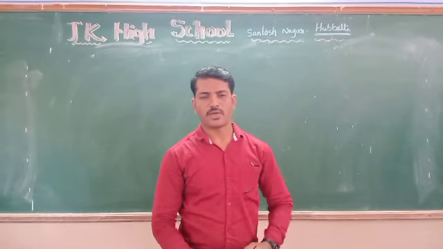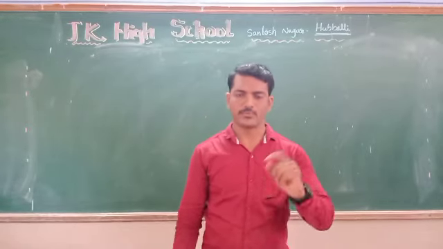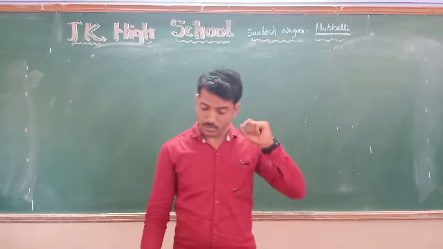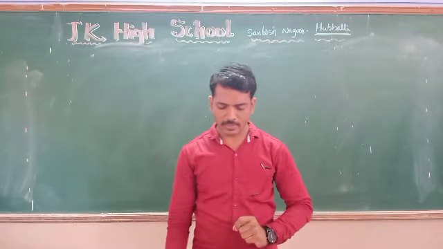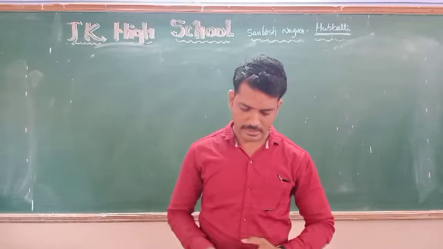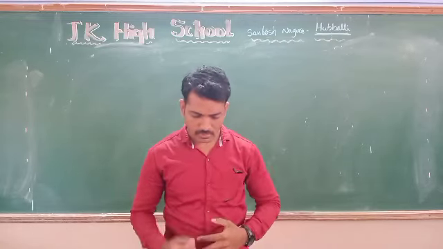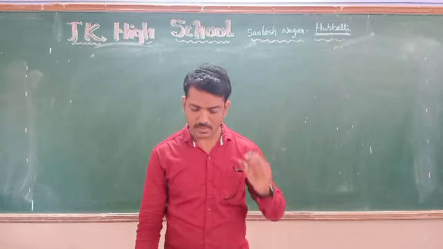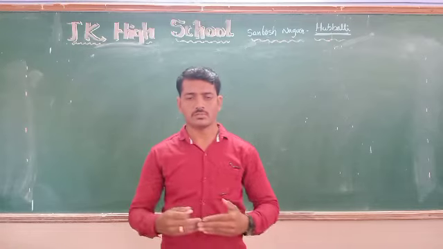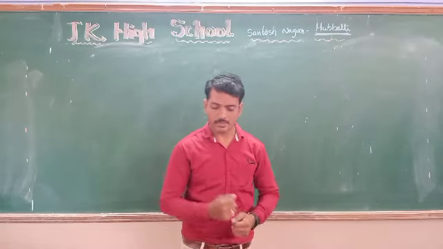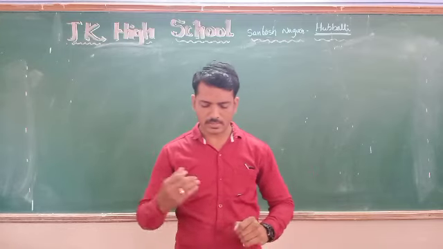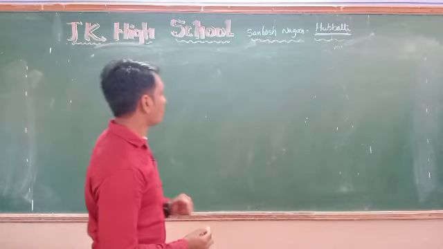In earlier classes, we have solved exercise number 2.4 from algebraic expressions: first main, second main, third main, fourth main, up to the fifth main, as well as the sixth main. Now I am going to solve the seventh main. Evaluate the following using conditional identities. Up to the sixth main, we have solved the questions based on algebraic expressions as well as conditional identities. So now 7 main also is there. It is also based on the (a minus b) whole square formula.